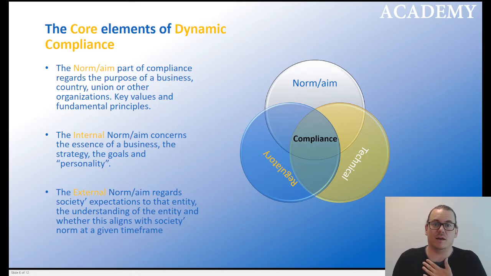Even persons can have a norm, an aim that we need to stick compliant to, otherwise we might get disturbed or stressed out. There might be external norms too, society's expectations, especially when it comes to social responsibility, etc. So that is a norm aim. It's a more fluent thing, it's not that tangible, but it is so important because this is what we need to secure, also because most of these norms and aims, they are politically entangled in some sense, especially the green